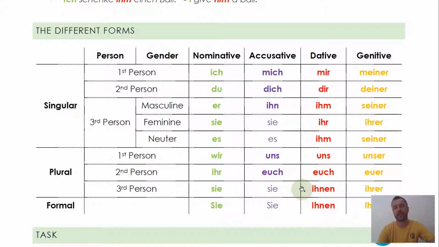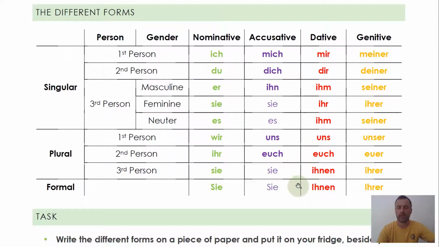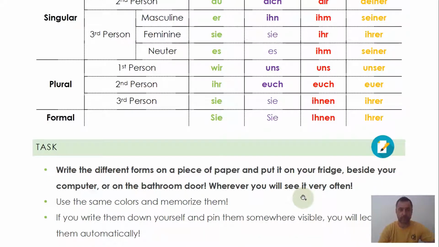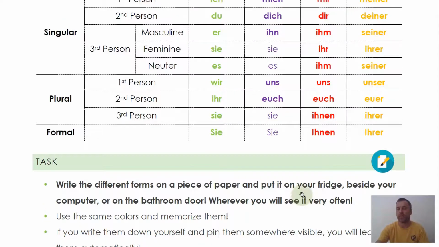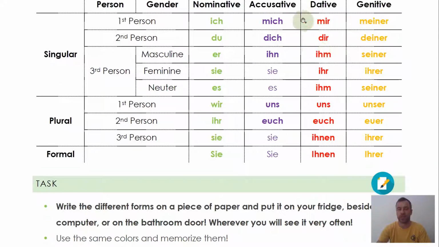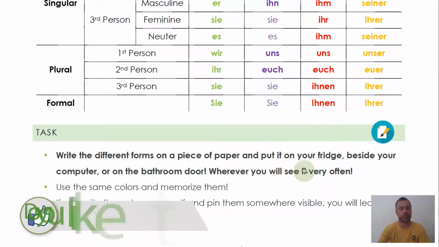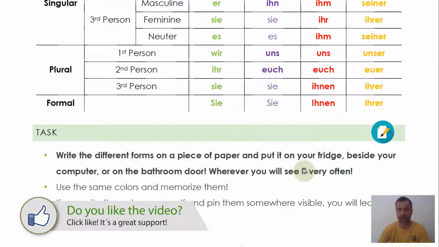So again, this looks like so many different forms at first look, but you will get to it. My advice is, do not print them out, write them down yourself. Write them down with your hand on a piece of paper and use different colors. The colors help you a lot to visually memorize the correct case that is associated with it, and writing it down yourself will help you a lot memorizing everything.